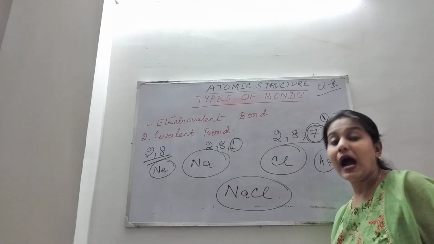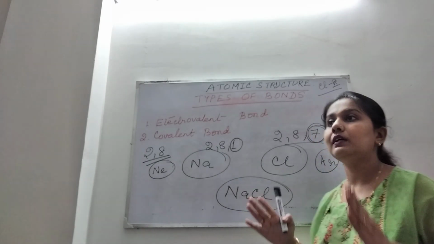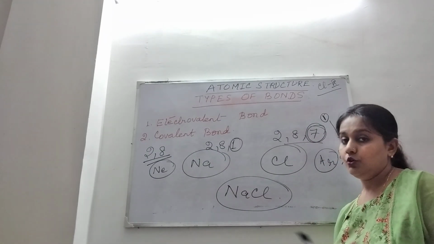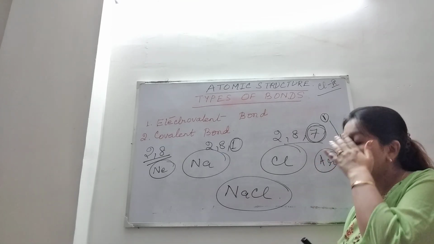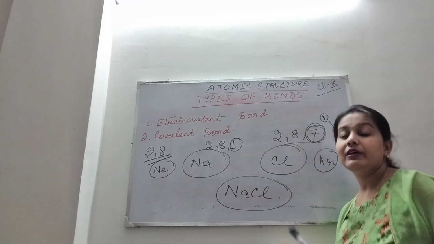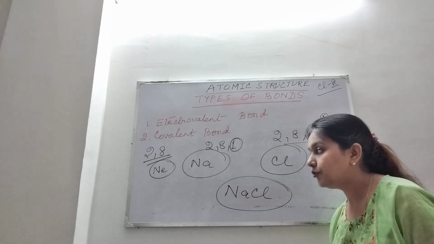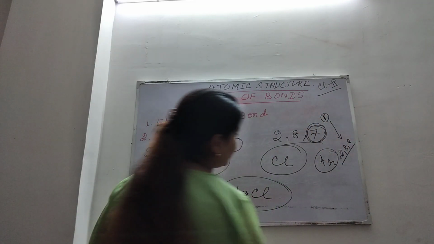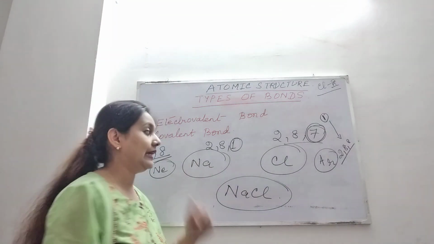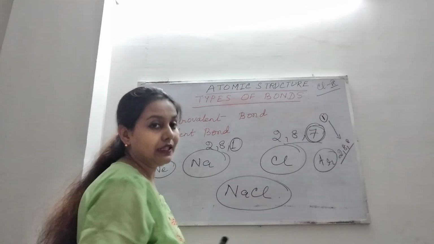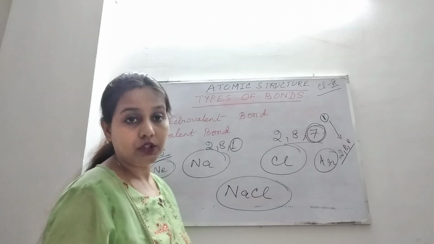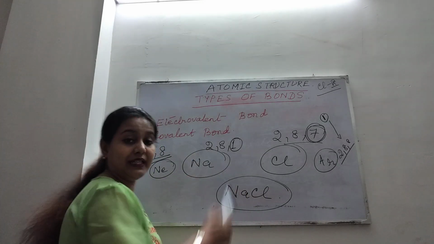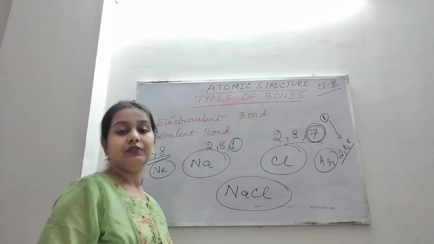And why, if they attain the electronic configuration of a noble gas, will they become stable? You must be knowing that, according to the formula, the first shell should have 2 electrons, which is known as the duplet rule, and the second shell should have 8 electrons, that is the octet rule. So according to the octet rule, it will complete its second shell and it will become